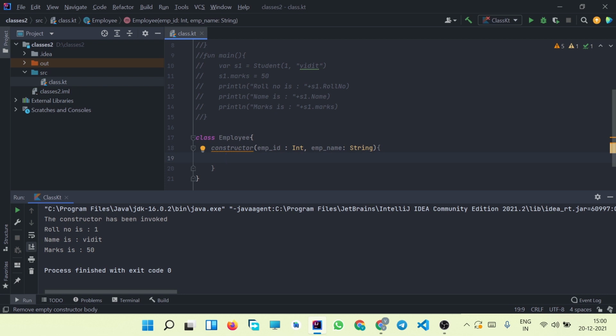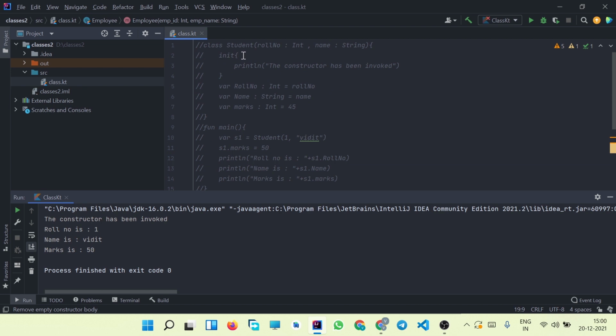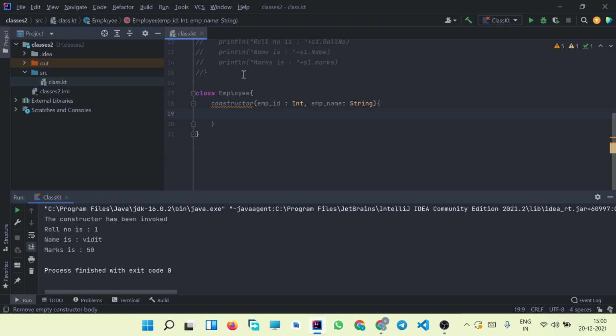This will be followed by a code block inside which we are going to write the block of code. Unlike primary constructors, where we have to use the init keyword to write the block of code, in a secondary constructor we can write it directly. So let us print "the secondary constructor has been invoked".